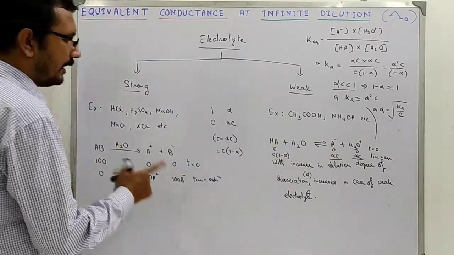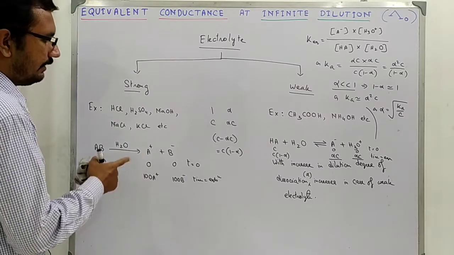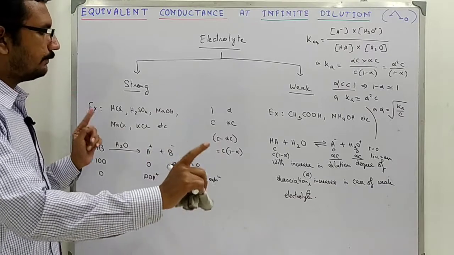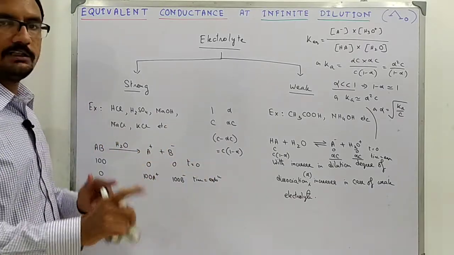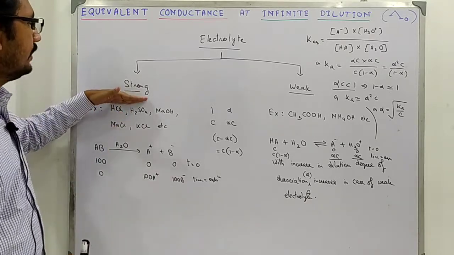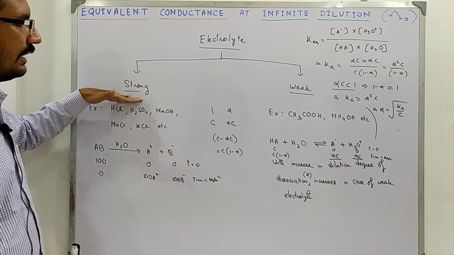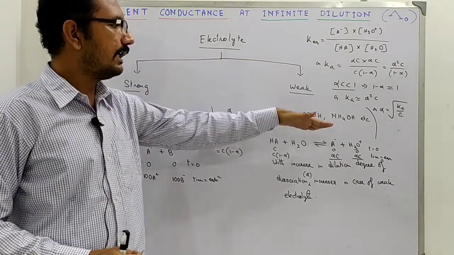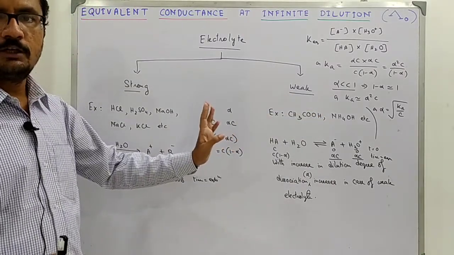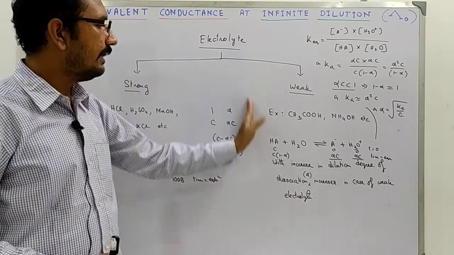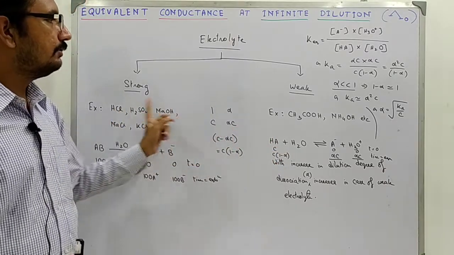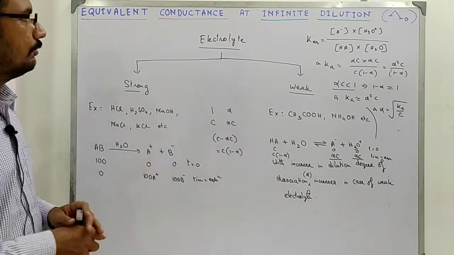But here what happens, number of ions is not changing, only what is happening is that with dilution the oppositely charged ions are getting apart from each other and the force of attraction is decreasing, so ionic mobility is increasing, so equivalent conductance is increasing. So here equivalent conductance is increasing due to increase in the ionic mobility with dilution, and here equivalent conductance is increasing with dilution owing to the increase in the number of ions. So the behavior is different, and it is mandatory to keep account of both these electrolytes in a different way. Okay.